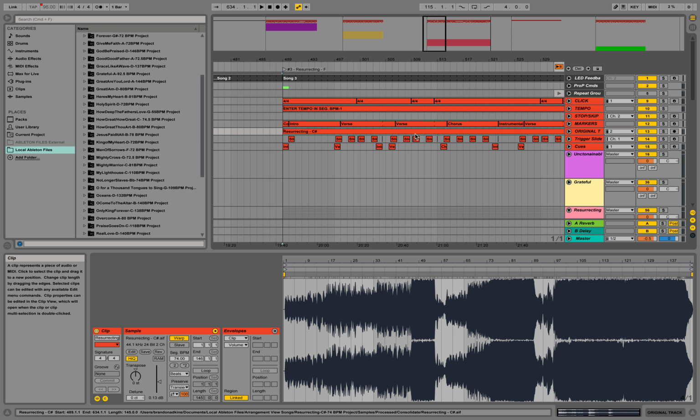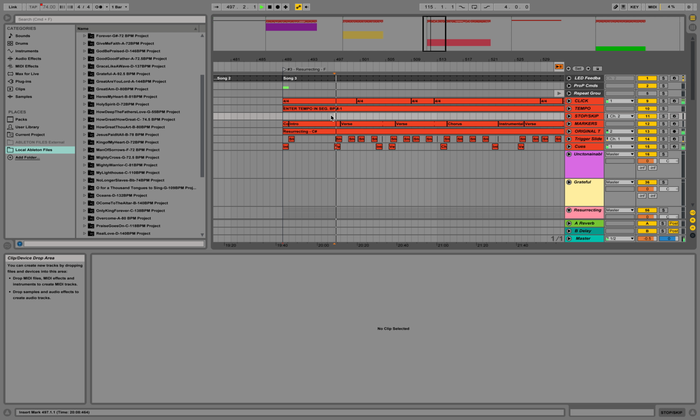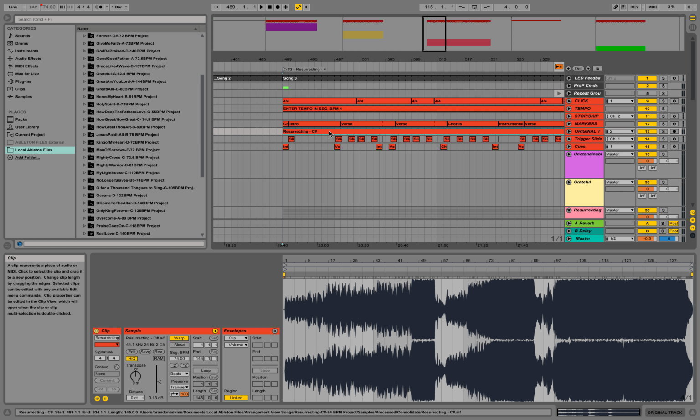So what you do is you've got a few different things that you need to transpose in this case. You've got the original track, which is not played during service, but it's there just for reference. If the band needs to hear it, we can unmute that track by pressing the button, 13 button. And if it's gray, it's muted, it's deactivated. If it's yellow, it's activated, and you'll be able to hear it playing. Sounds totally natural. It's in C#. That's the key that Mac Brock recorded it in and released it on the album, and so that's great,